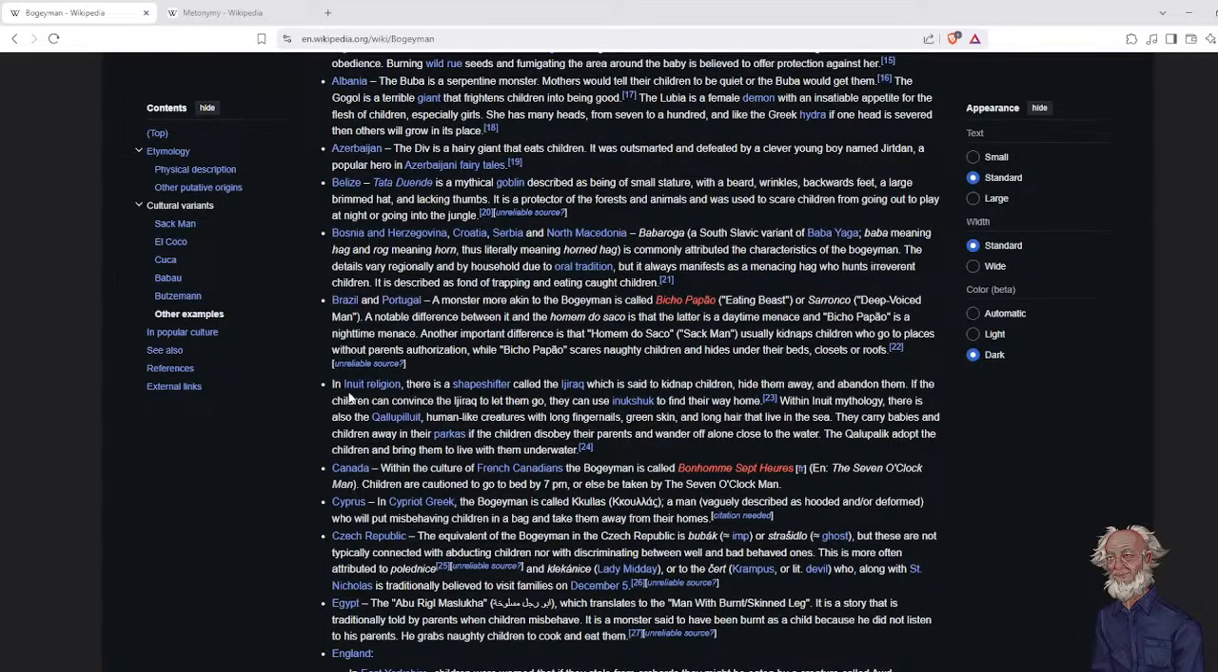Look at the Inuit one. The Inuit region, there's a shapeshifter called Zrak. There's no way that's even close. There's an article though,